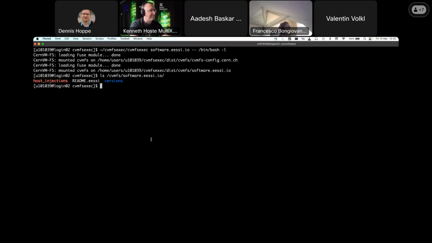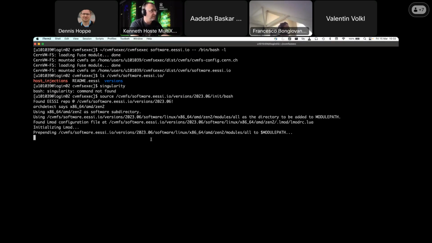So without having CVMFS on the system or much of anything, I don't even have Apptainer or Singularity here, I think. Yeah, it's not there on the login nodes, but I can still get access to EESSI, source the init script, and again, get the exact same experience as I did with a system-wide version. Now, again, this is good enough for single node stuff. Running multi-node workloads with this is going to be at least a bit tricky. You can probably make it work, but then you have to understand a bit of what's going on in the